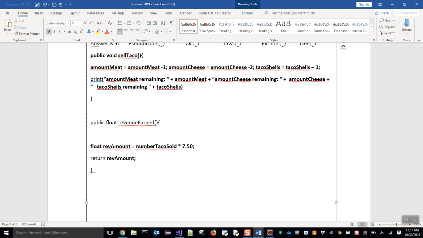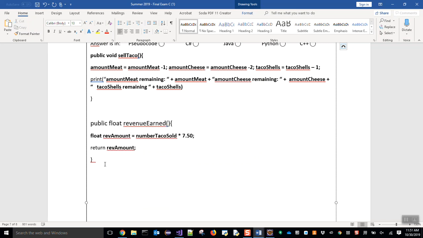Return revenue amount. Sorry, but no, this method will return a value. So I said it returns a... Okay, one thing in this program, although this program does not say, so far it is good, but does anyone have any question? Yeah, so you could put, in the brackets up there, the revenue amount and the tacos sold in there, right? If I wanted to just pass those variables to